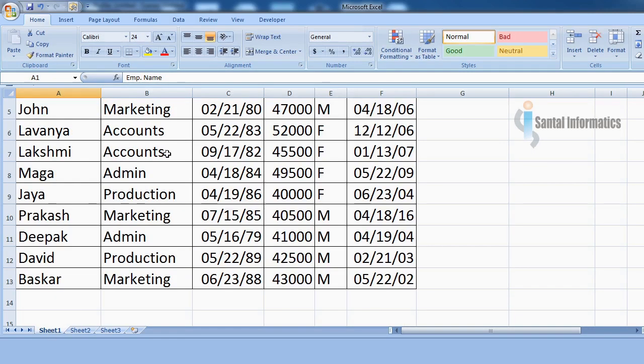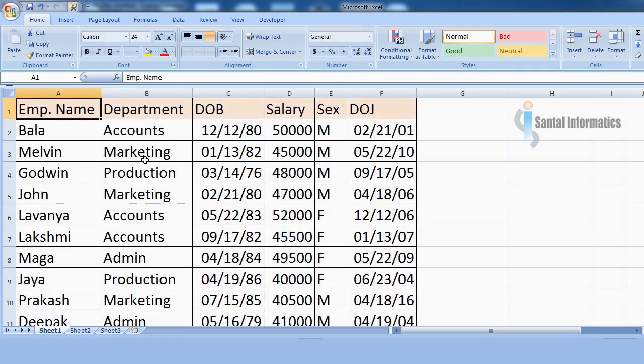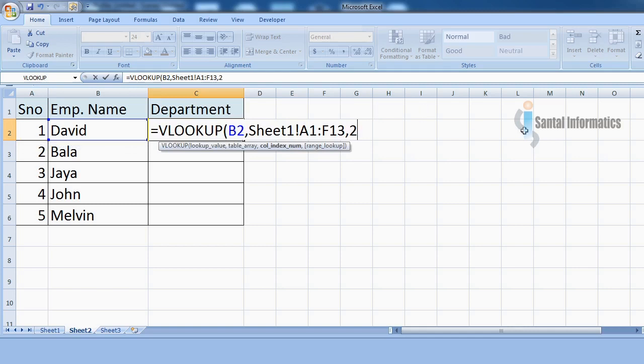From sheet 1, this is the first column, this is the second column. So we are going to fetch the value from the department column, so you have to mention 2. Then again put a comma.